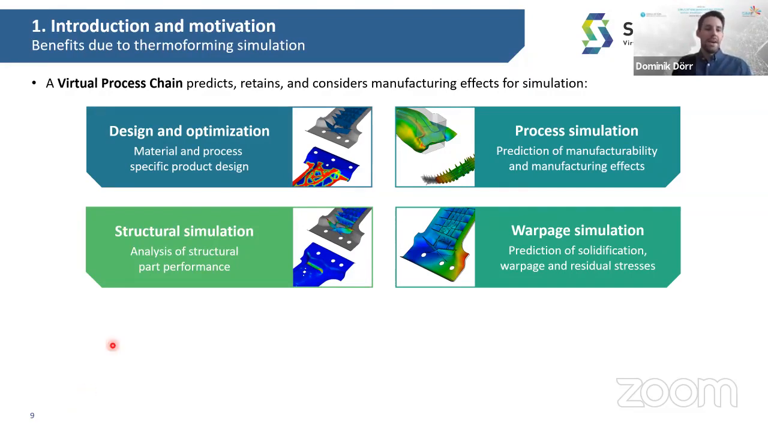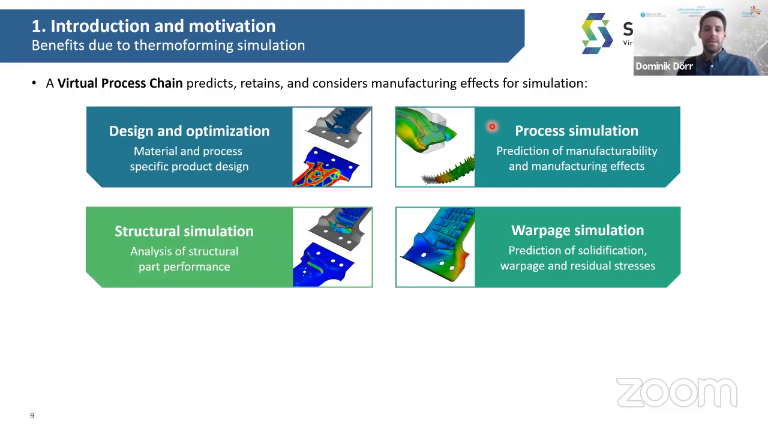So coming back, this means that we have a design phase and also optimization phase at the beginning. And then we do not directly go into the structural simulation in terms of an engineering step. What we do is to include also the processing simulation, which has the aim to predict the manufacturability of our design. And subsequently, we use the manufacturing effects predicted by process simulation, such as, for instance, the fiber orientation in